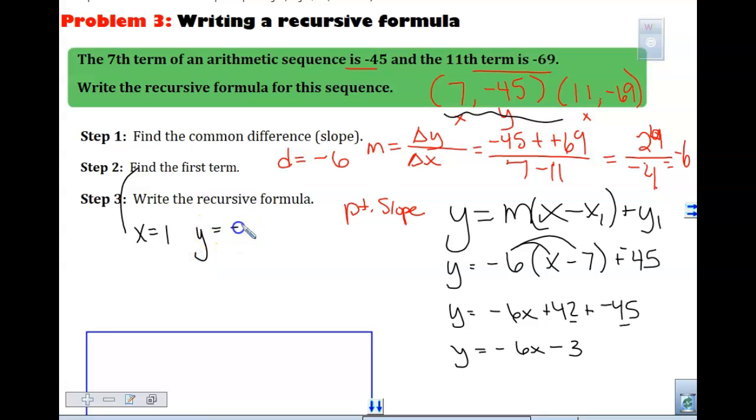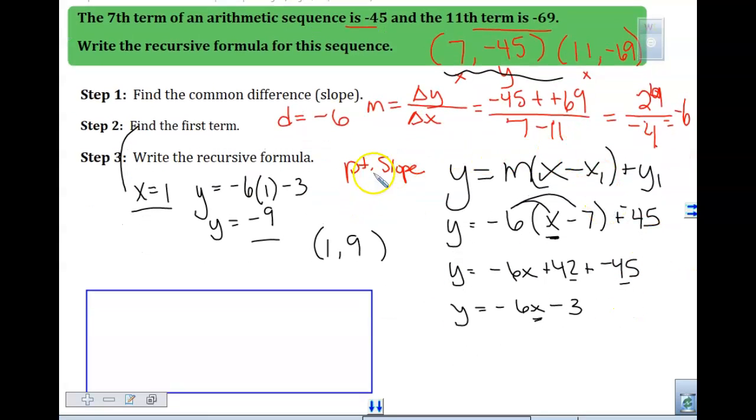What was my equation? Negative 6x minus 3. Could I have done it right here? I could have substituted in 1 in here and solved it. For some of you, it's easier in slope-intercept form. So it's negative 6 times 1 minus 3. My y-coordinate is going to be negative 9. So once I know the first term is 1 comma negative 9, I can now really easily